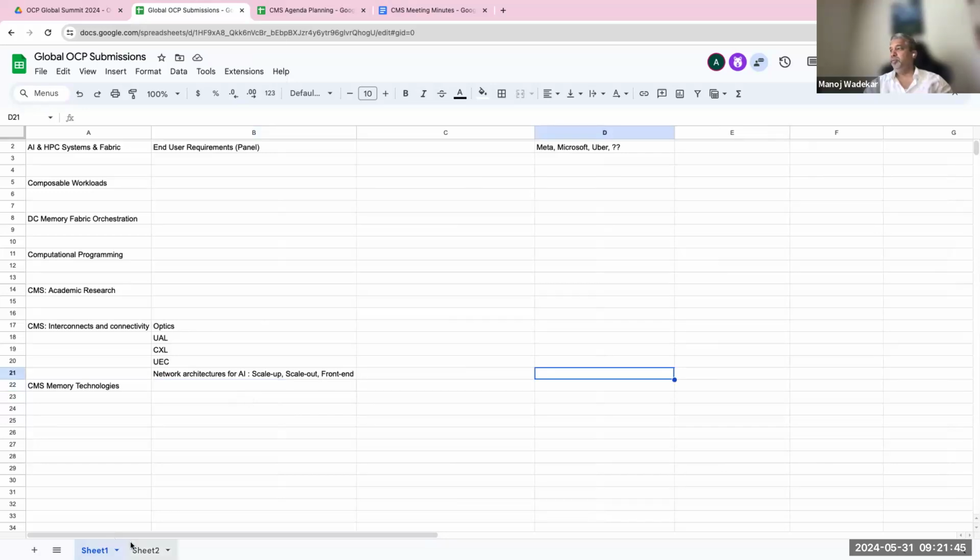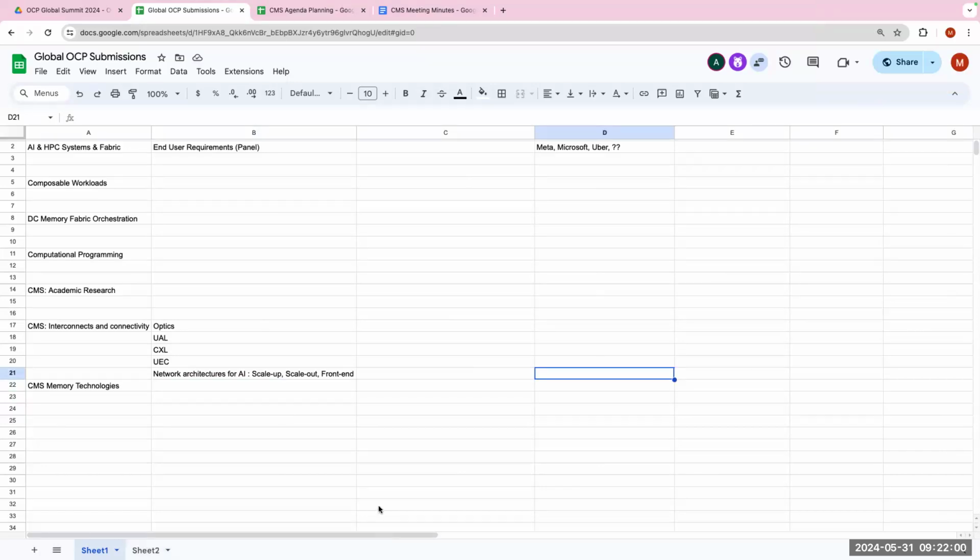If anybody wants to raise hands, please do when you put it in here. I'm definitely interested in any of these topics. I raise hands for interconnect and memory related topics. Awesome. And for computational programming, Manoj, it sounds like some combination of myself, Durgesh, Nilesh, and John from ARM. I don't know if somebody from ARM is here today. John is here.